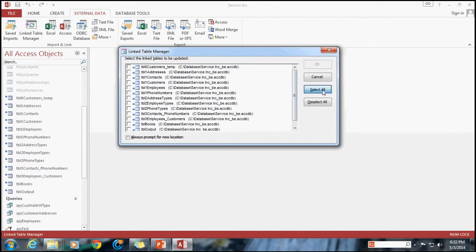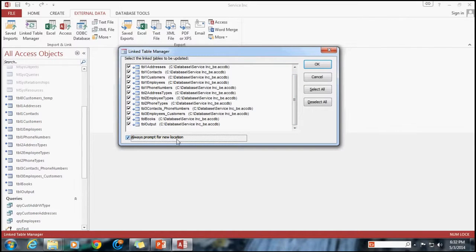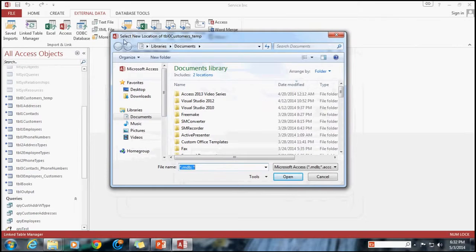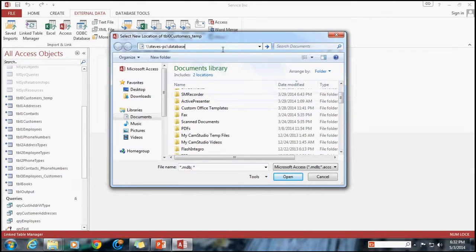So I'm going to select all. I'm going to tell it to prompt me for a new location of where to find these tables. Then when I click the OK button, it's going to ask me where the new location of that table is. And I'm going to go to that folder location out on the network,